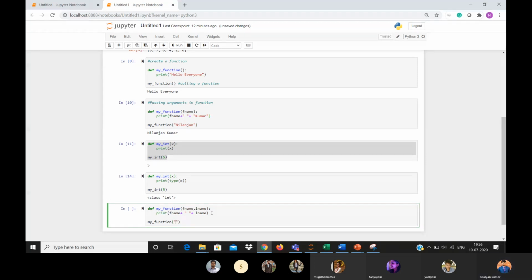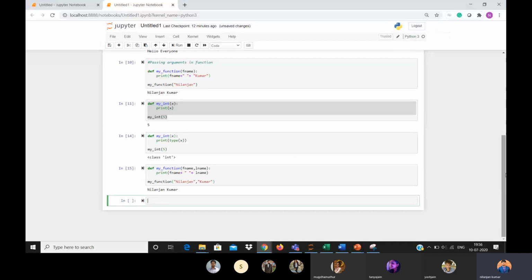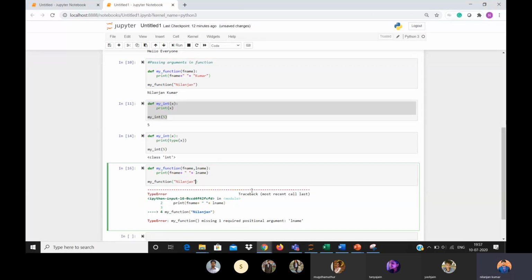See, it's giving the same. Whatever you are taking while defining a function, while calling it you should give the same. If I give only one thing, let's say I'm only giving Nilanjan, it will give an error. So you have to give the same number of values while calling a function.